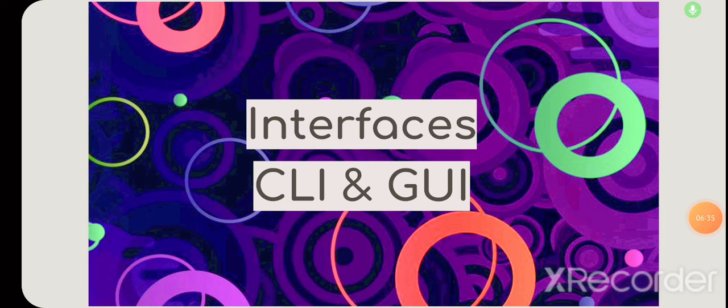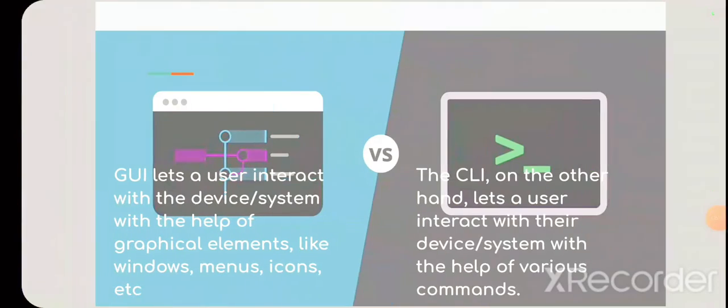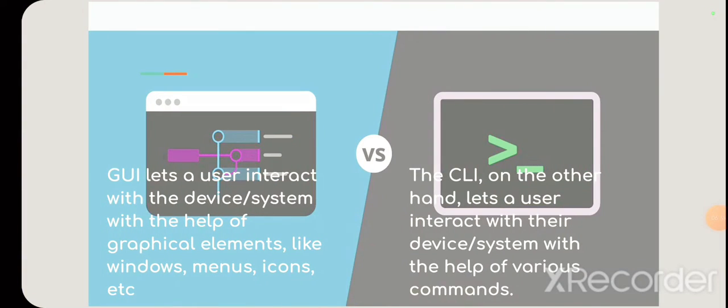So let us move to the definition. GUI lets a user interact with the system or device with the help of graphical elements like windows, menus, and icons. The CLI, on the other hand, lets a user interact with the device or system with the help of commands. Just as I have said, you have to type the commands with which